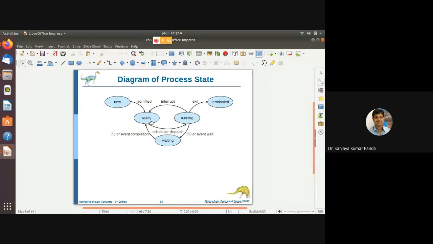Once you are back at your hostel or your home, you will again read from that particular point. That is called an interrupt. If an interrupt occurs, a process can be moved from the running state to the ready state. So this is called the process state diagram. Is each process state clear?